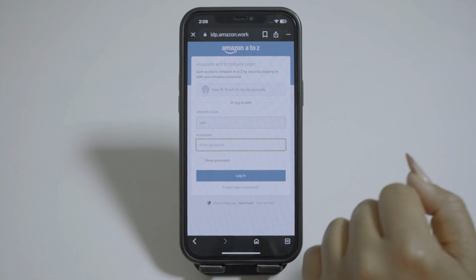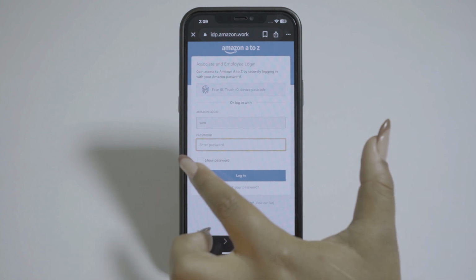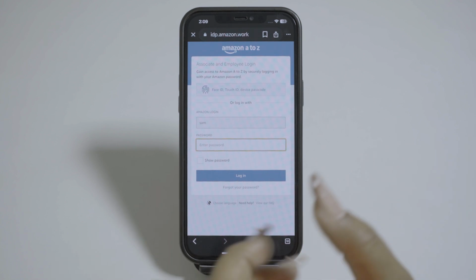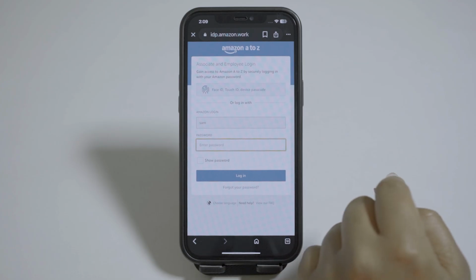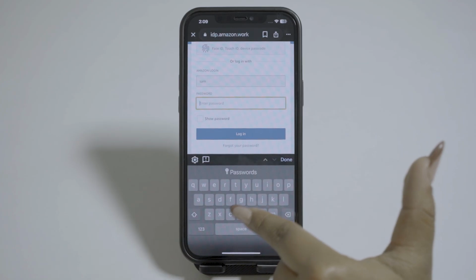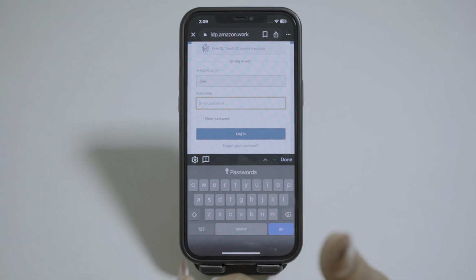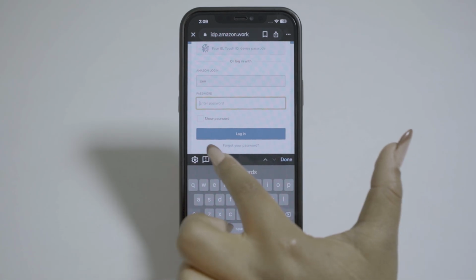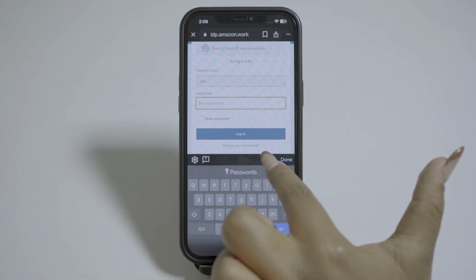And then from here, you'll have to now write down the passcode of your Amazon A to Z employee. Here, you can simply tap on this option right here and simply add down the passcode. But in case if you have forgotten your password, you can now tap on the option forgot your password and